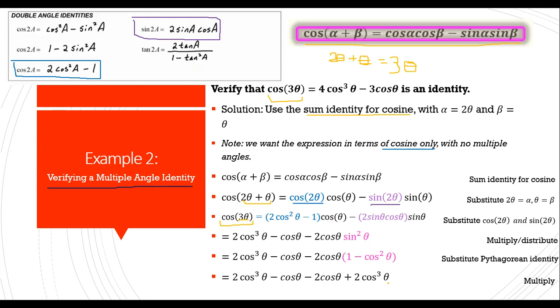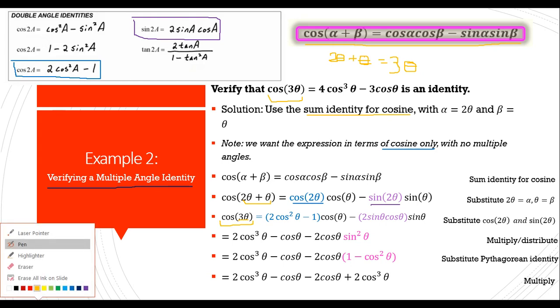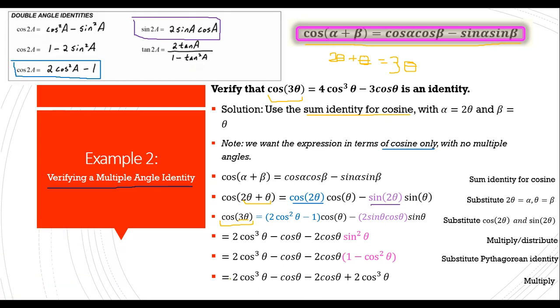Now I got, check this out. I got, maybe I should choose a different color. 2 cosine cubed theta plus 2 cosine cubed theta. That is going to give me my 4 cosine cubed theta. Sick. And even further,